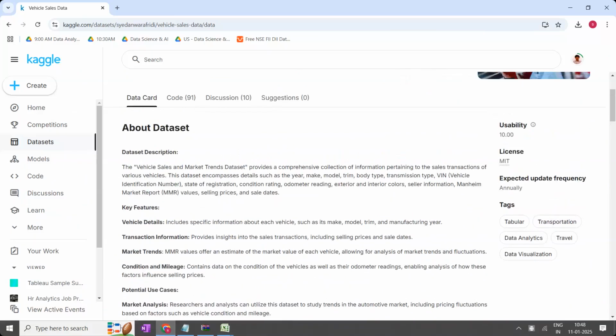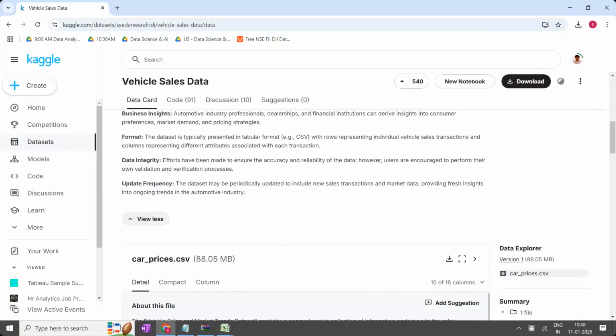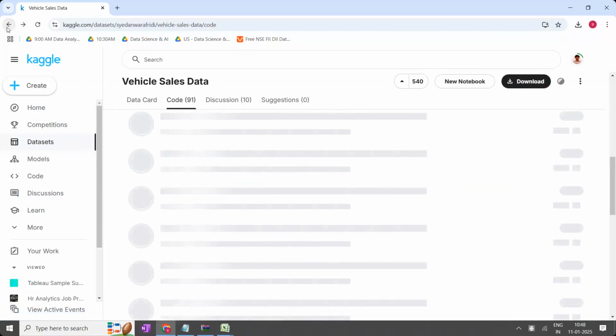So read all these questions. Read the entire thing. Since I have shown this one, my meaning is not that you do this project only, as it is. For example, see, here I am looking at how many data sets are available. Just I typed in the search button data analysis on sales. Since I typed sales, I got all these things.